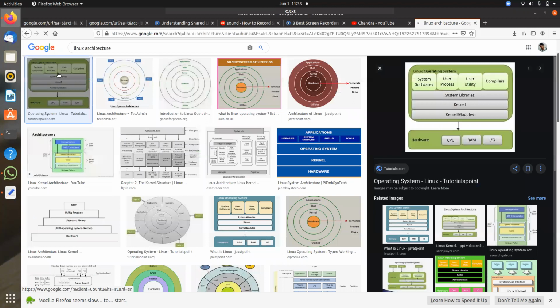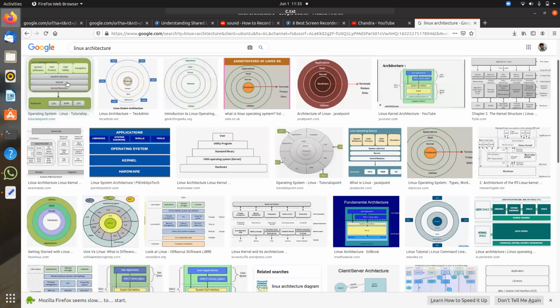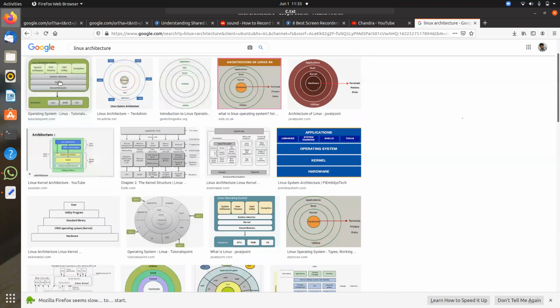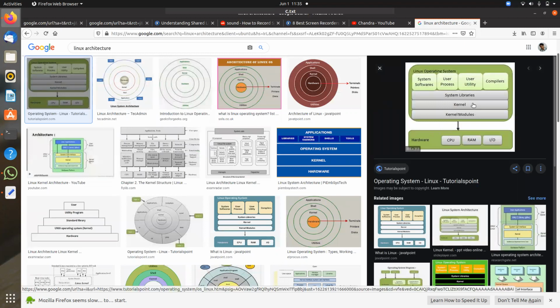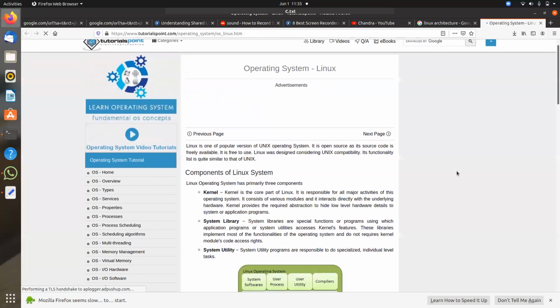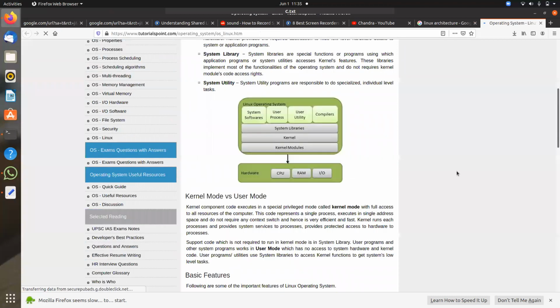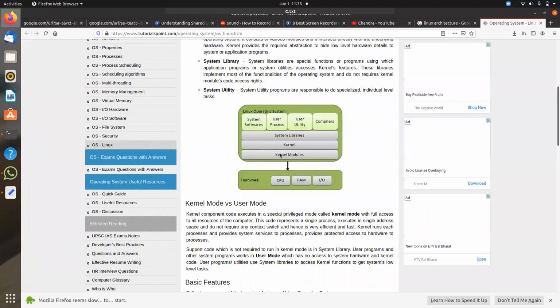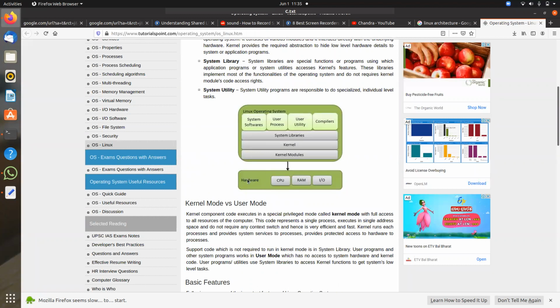This first one looks good when you compare to Java Point. Storage Point is giving a better architecture diagram. In this architecture diagram, they have shown hardware and the other parts. Hardware we know: CPU, RAM, and devices, which do input and output operations.